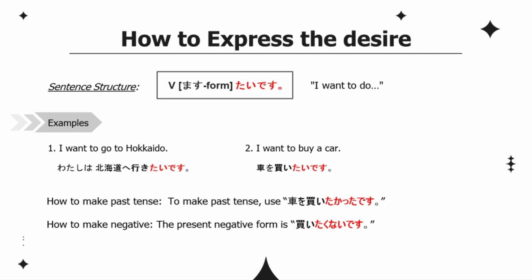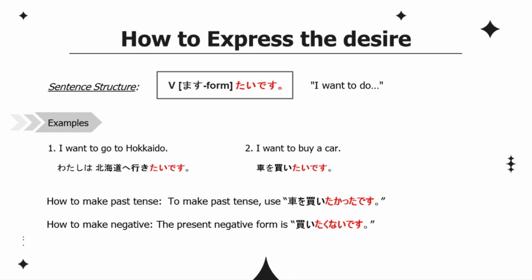I want to buy a car. 車を買いたいです。 How to make past tense. To make past tense, 車を買いたかったです。